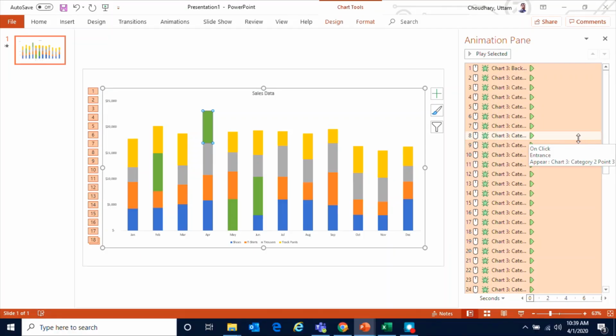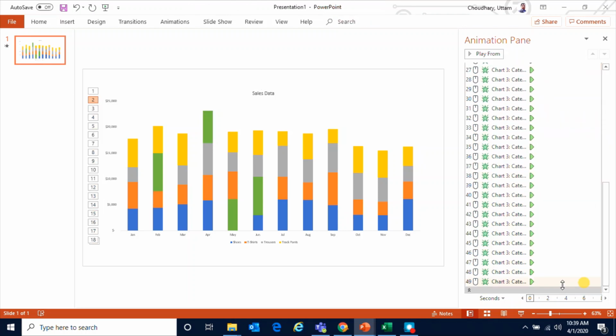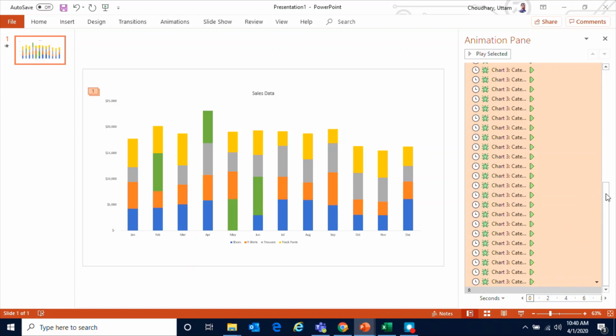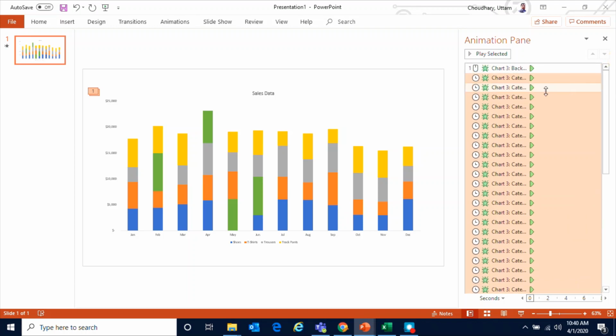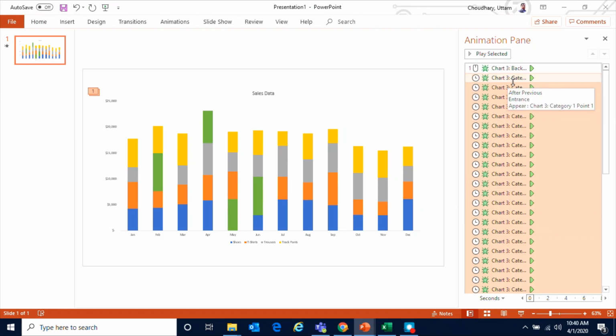In this case it is showing that it is all on mouse click. You might want to convert that to after previous. You don't have to really wait for the mouse click. So as soon as I click the first one, it automatically comes through. So you might have to play a little bit with the different categories here,